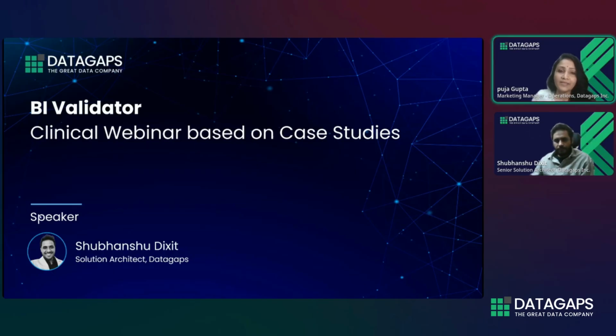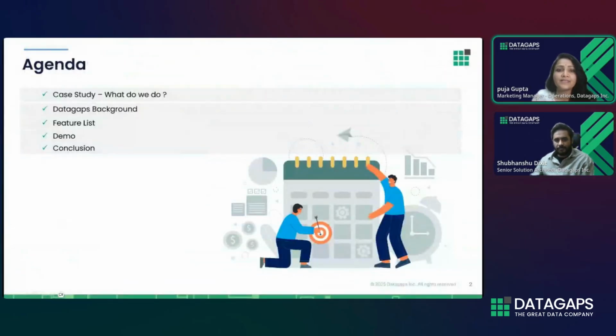Today, in this clinical webinar, we will explore why dashboard errors like KPI mismatches and visual inconsistencies happen, and how BI teams can detect them before they reach business users. We will also demonstrate how Datagaps BI Validator with GenAI powered validation helps ensure dashboards remain accurate, reliable, and trusted